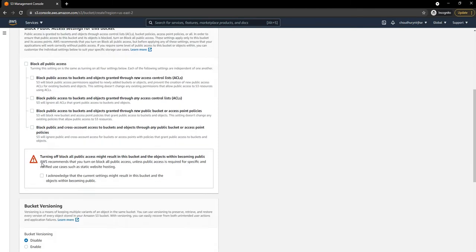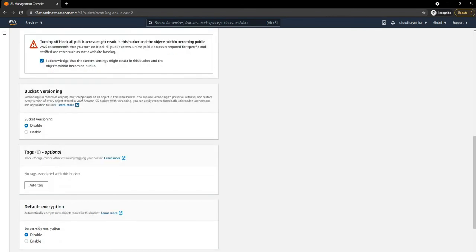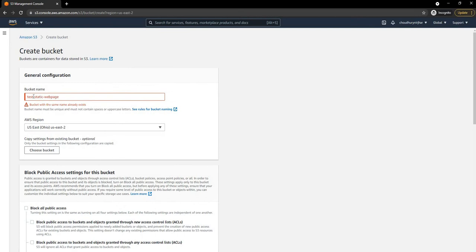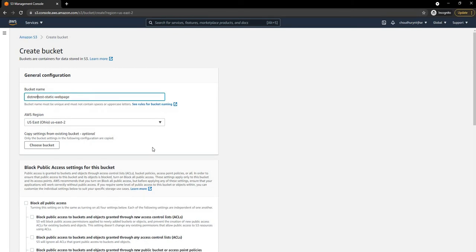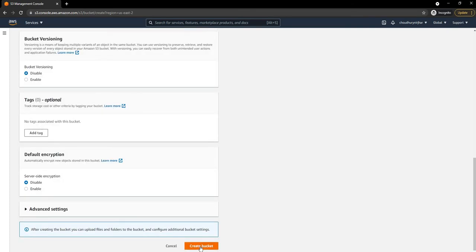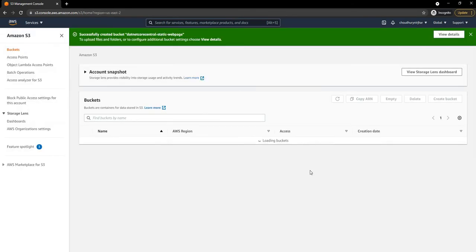So I'm going to allow that and acknowledge, and after we do that I'm going to create the bucket. The bucket name already exists, so I'm going to say .NET Core Central static web page, and I'm going to go ahead and create this bucket.